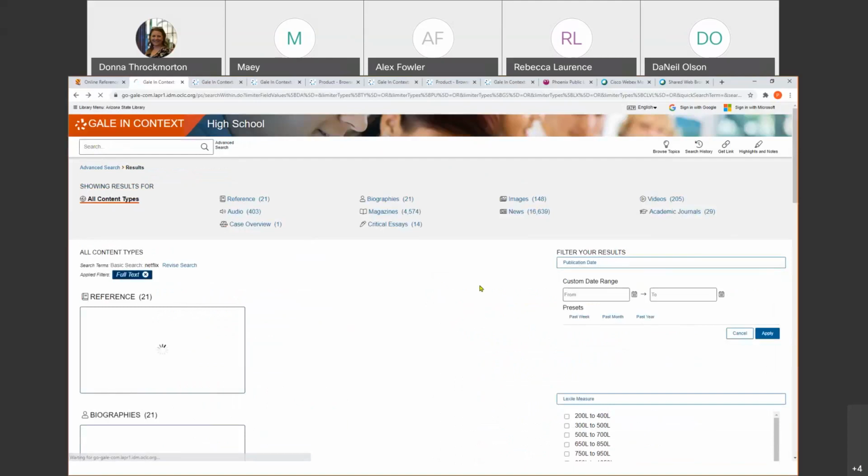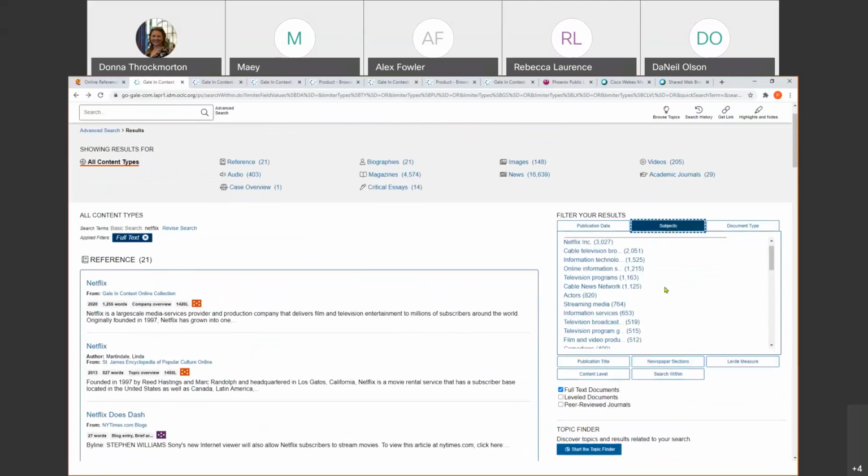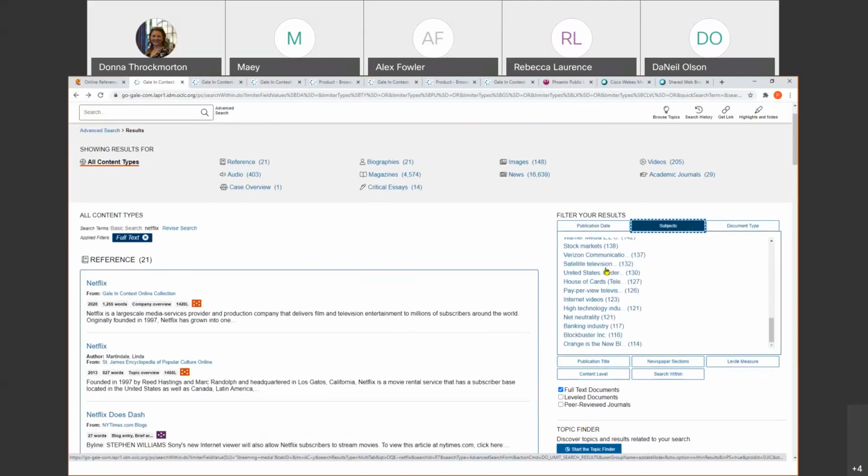And I just want to go ahead and show you how it broke out the subjects in those graphical areas. I'm going to click here and let's see. What they do is they go from the highest number of articles or information down to the lowest. So I'm going to scroll down and see, do they have Tiger King in here? Nope, they don't.